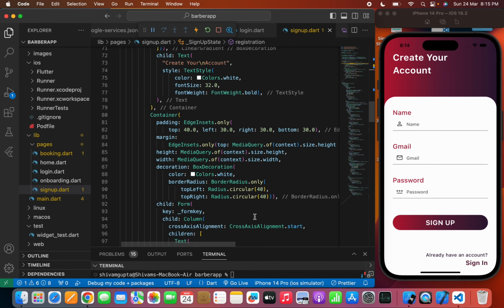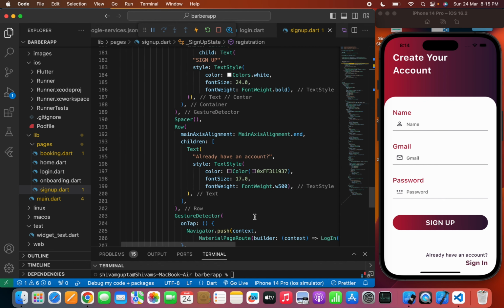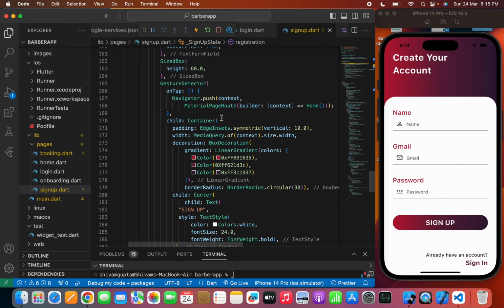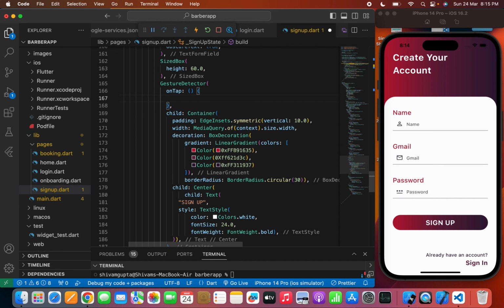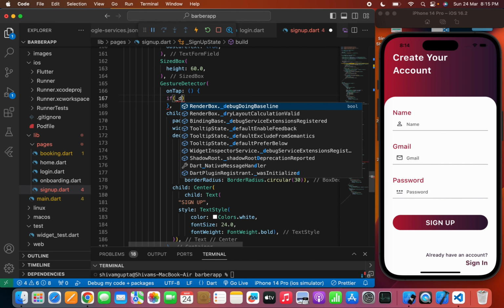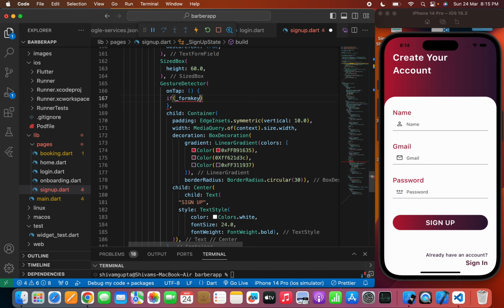Now let's move to the sign up button, and here we are directly pushing the user to the home because we have just created the UI. Now we'll authenticate the user, and Firebase will move the user to the home page. So here comes our validation case. So we'll check if the user has entered all the text fields. So I will write formKey.currentState.validate